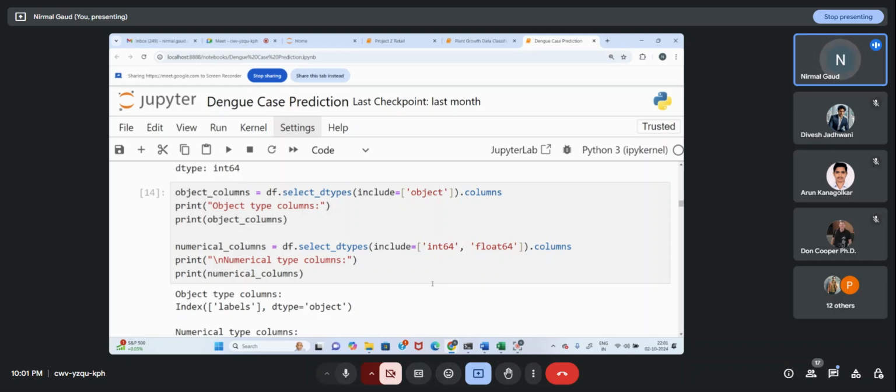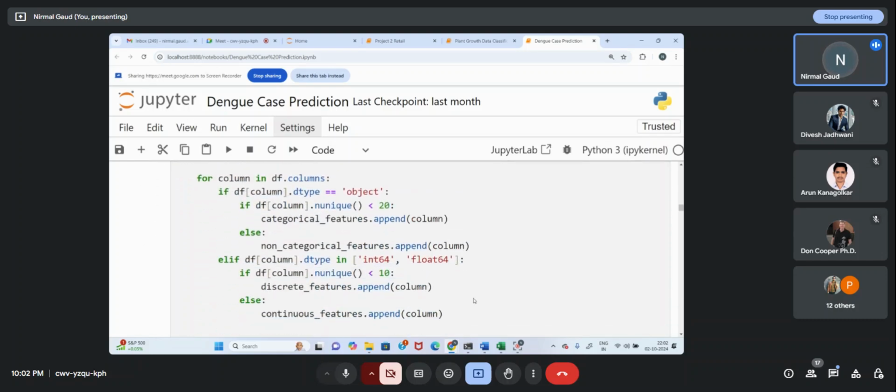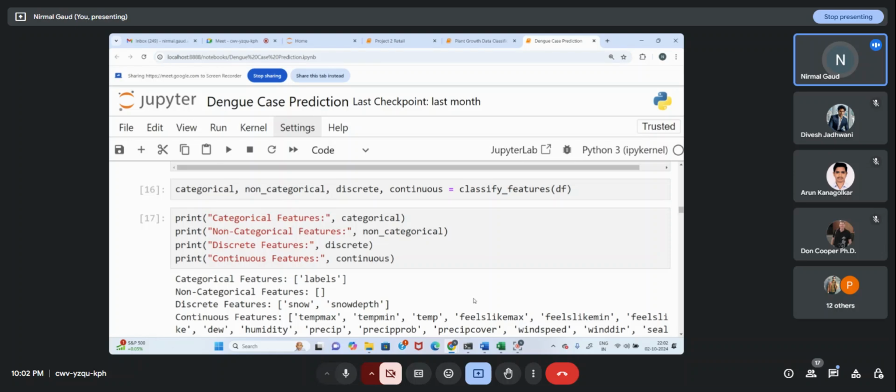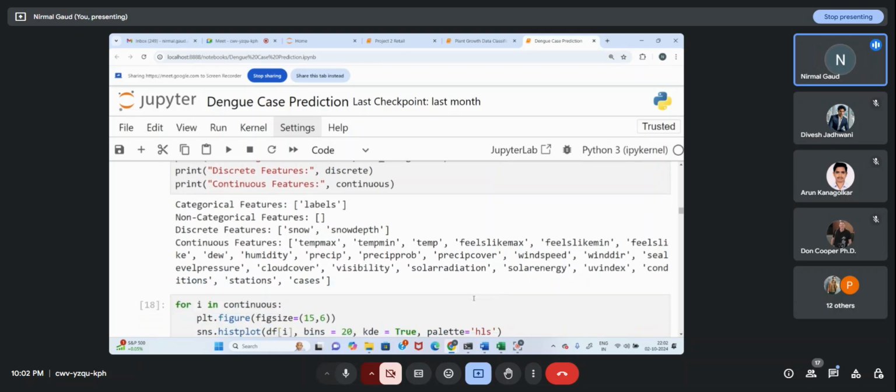Then this is the approach to classify the data. Every time I do it in my projects, and you know the pattern I follow. This helps me perform quick analysis, quick interpretation, and quick project building. If you have a flow, it doesn't matter what kind of data is present in the world, you have an option to work on it. So object type, numerical type, classification, discrete, categorical, non-categorical, everything done quickly.